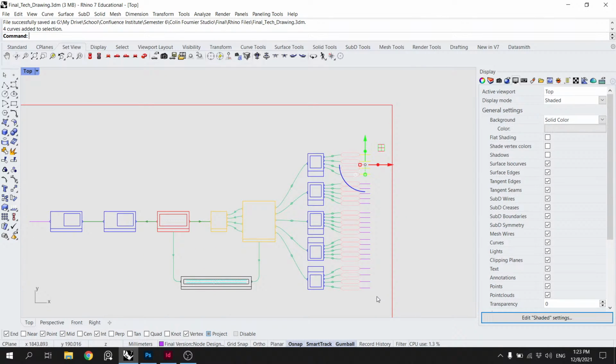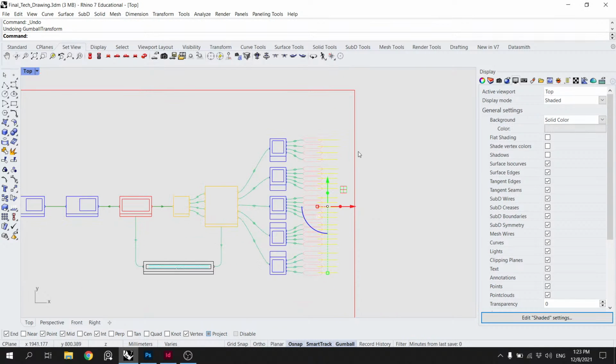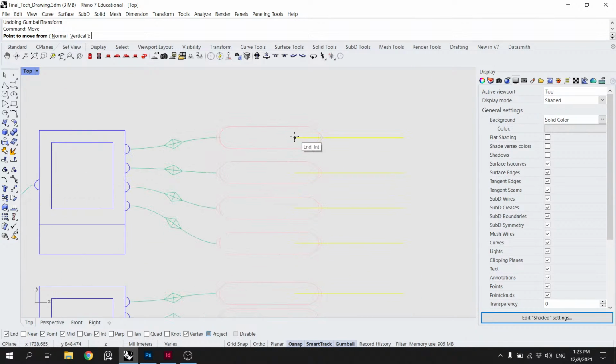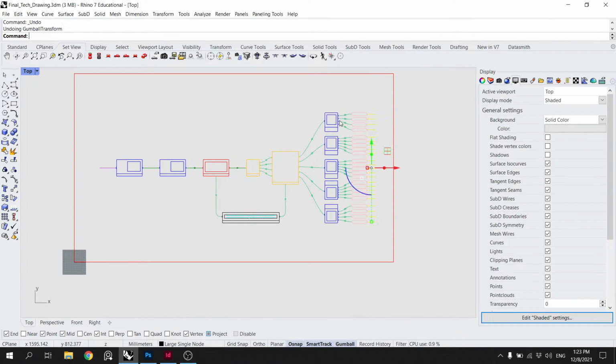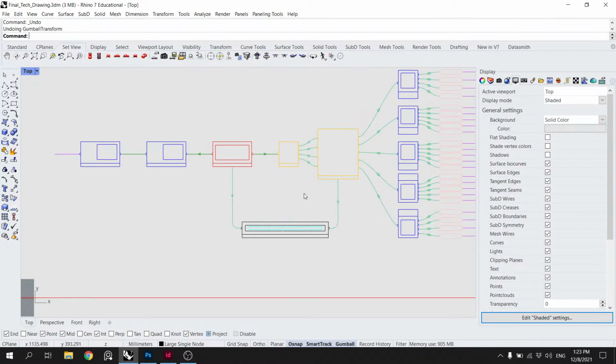I feel like all of these should be scaled by 2. No, just leave it. It's fine. Alright. What else?